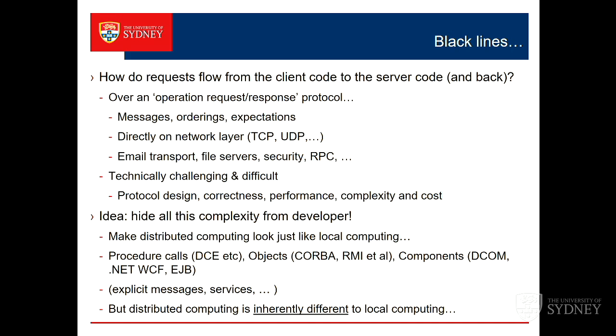So you really don't want the average programmer to see all those challenges and all that complexity. So the goal was, we'll just make it all go away. We'll make distributed computing just look like local computing. You've got a programming model you're used to. We'll just magically put a bit of network in between. So if you're used to writing procedural code with procedures in it, hey, you keep on calling procedures. That's cool. And somewhere between you calling that procedure and something actually running your request is a network. But you don't see it. You call procedure X and it magically runs.